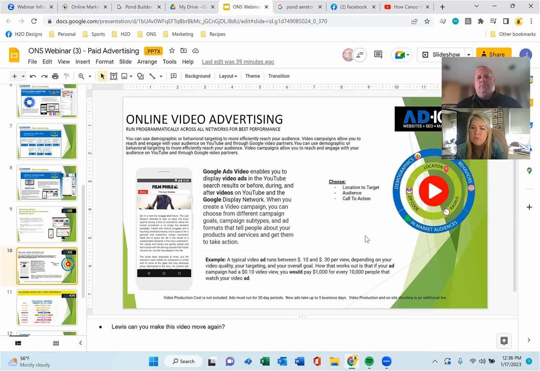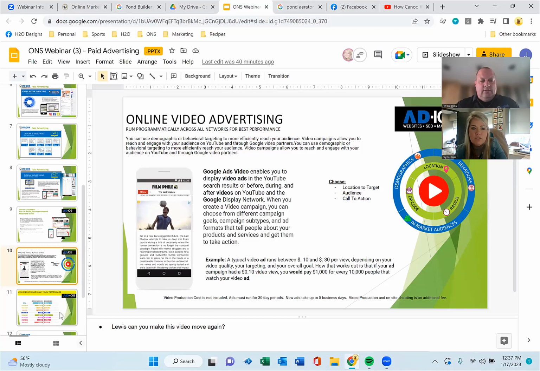Demographics, behaviors, and market audiences. Zip codes always first, or the radius, their location. No matter what ads we do, always, always, always, the first thing we pick is their location. So even though, I say this over and over, if your ads show up on ESPN, it's not to someone in another state, it's someone in your location. So this just breaks down more what we've already talked about.